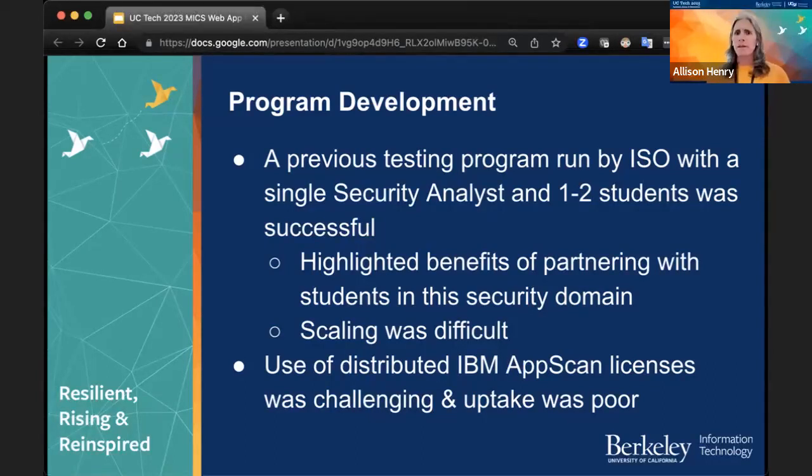They're developers, they're not necessarily security experts. I think the learning curve on the tool was pretty high for them. And when budgets are tight and priorities shift, it's really hard for them to have the cycles to give the program what it needed. So that was not successful. We ended up stopping our contract with AppScan because we just weren't getting the uptake.